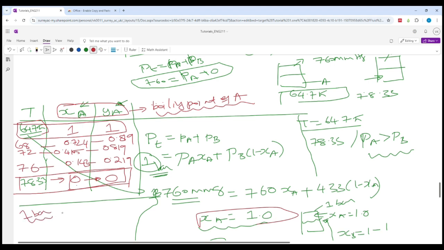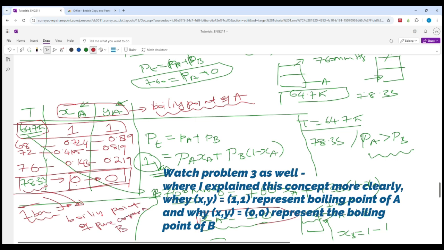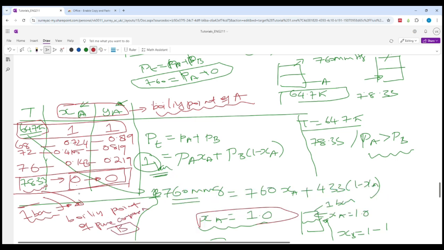So at 1 bar, if the solution boils and exerts a pressure equal to 1 bar at this particular temperature, that should be the boiling point of the component B. So this particular temperature should be the boiling point of the pure component B,